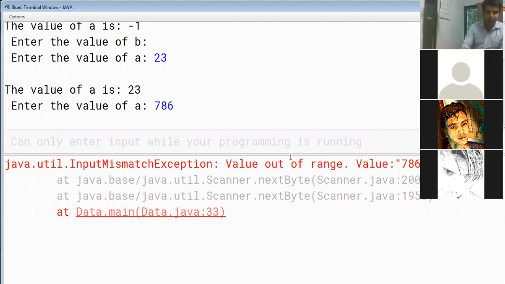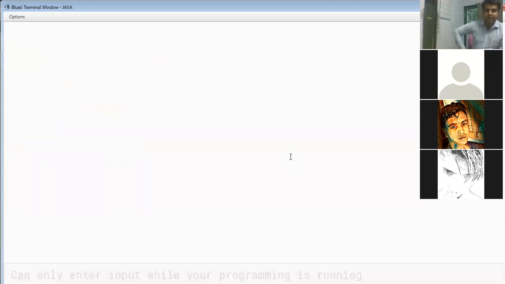So this is the conclusion: it can accept any small positive number and any small negative number, but it cannot accept a 3-digit number. So there is a limitation. Since it's a very small data type, it cannot accept such a big value.